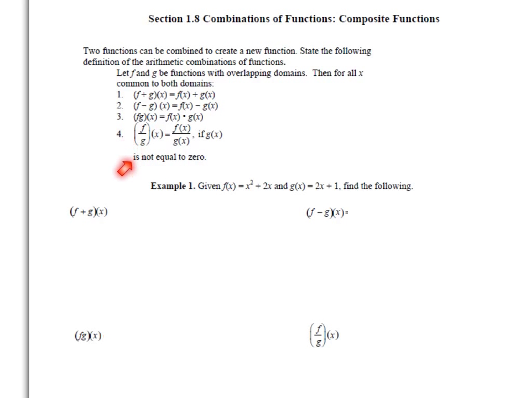But keep in mind with division, whatever function g is cannot be equal to 0 because we can't divide by 0. So let's take a look at how this works. We have f of x equals x squared plus 2x and g of x equals 2x plus 1. I'm going to do the f minus g. So when I do this, I end up with